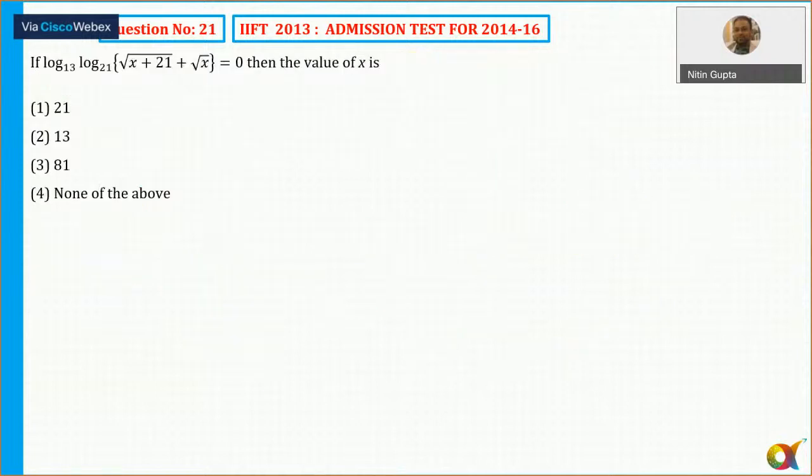Now question 21, another question which can be solved easily with the help of the options, isn't it? इसे भी ऑप्शन से कर सकते थे।